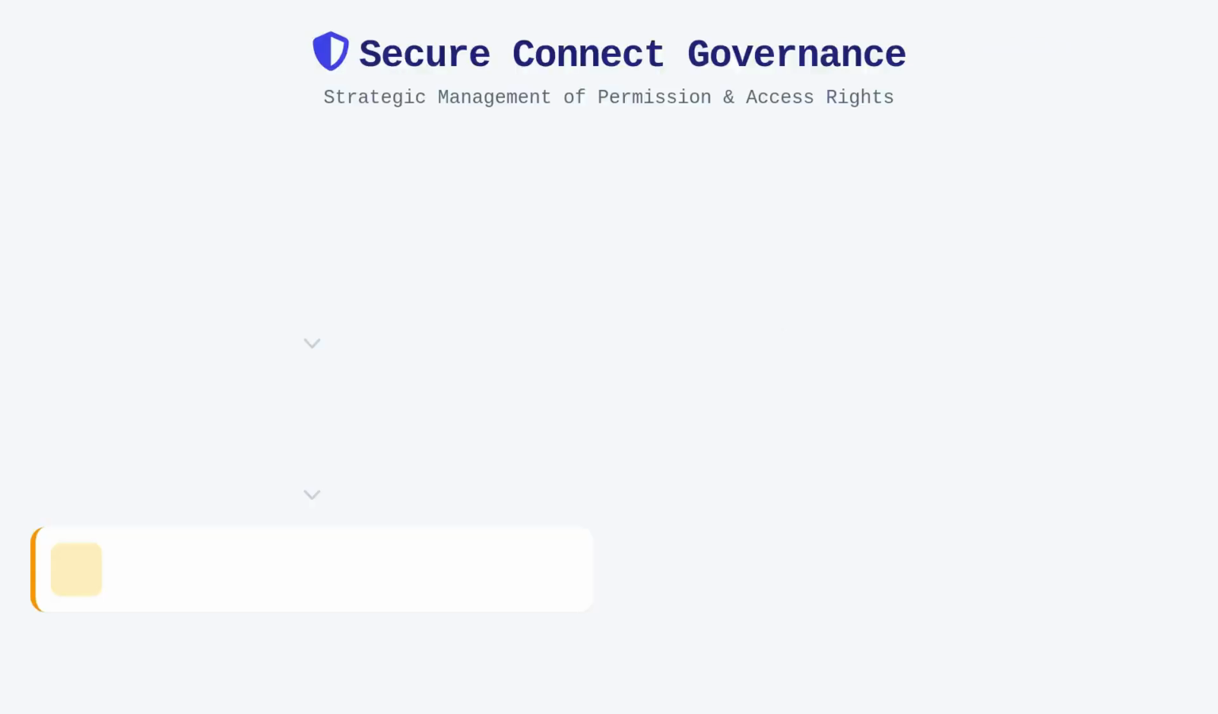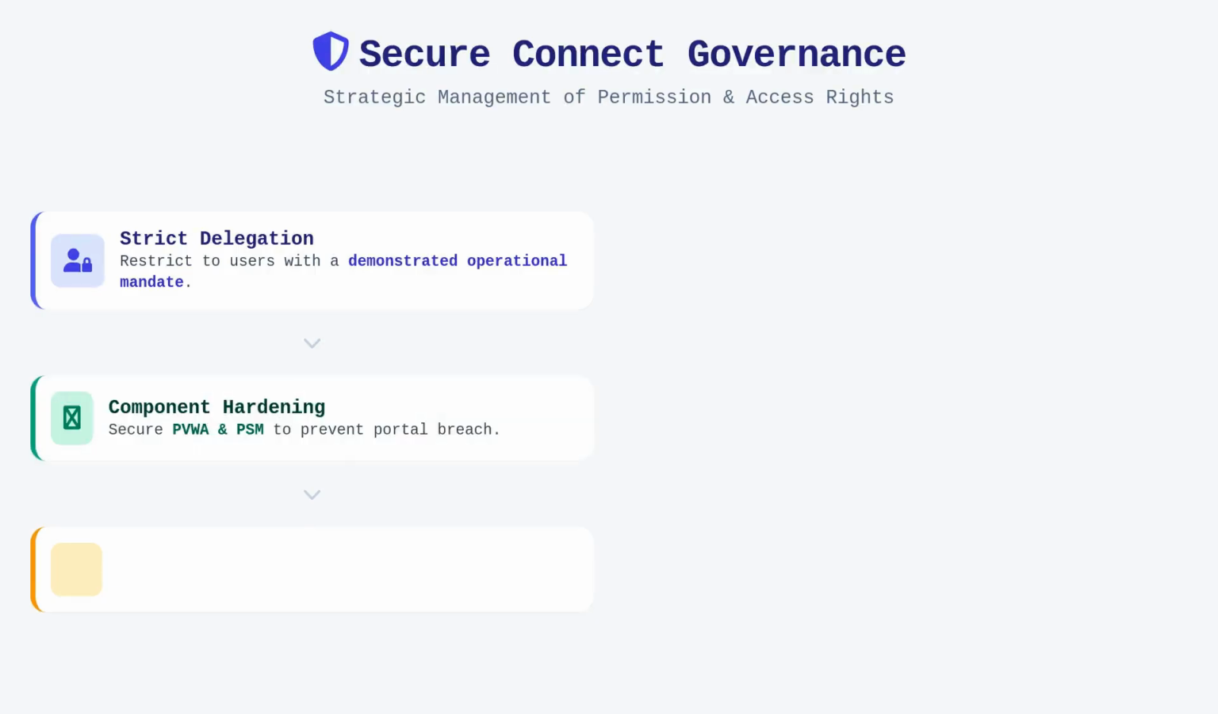Managing the permissions for this feature requires a meticulous approach to delegating access rights. Users who are granted the ability to use Secure Connect are effectively given a license to bypass the vaulting workflow, which is why this privilege should be restricted to specific user groups or identity sets that have a demonstrated operational mandate for such access. You must verify that the PVWA and PSM components are hardened to prevent unauthorized access to